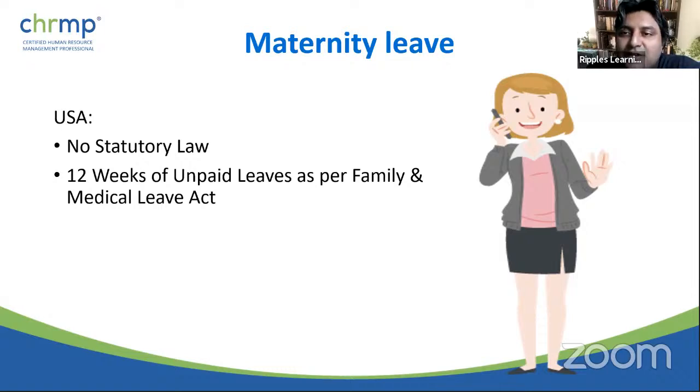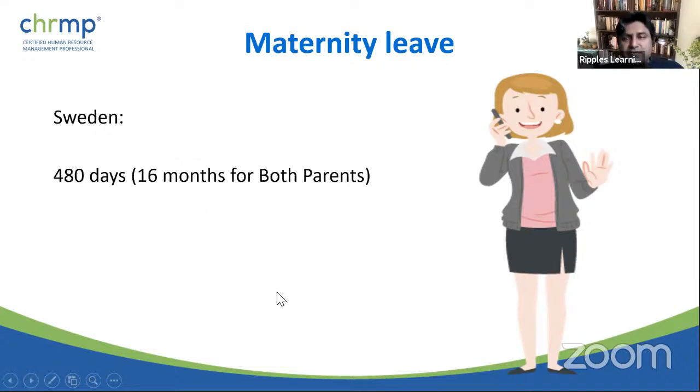So that is something that you can go about guessing. Whereas we always feel that in the West it would be so good, but that's true. In the West also it's good. For example, if I take an example of Sweden, we are talking about 480 days, which is, 365 is 1 year, right? 480 days is almost 4 months more, right?